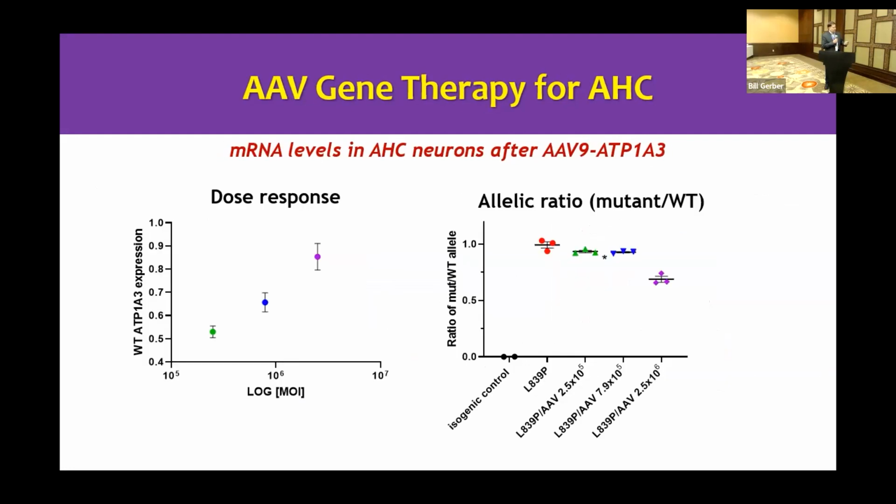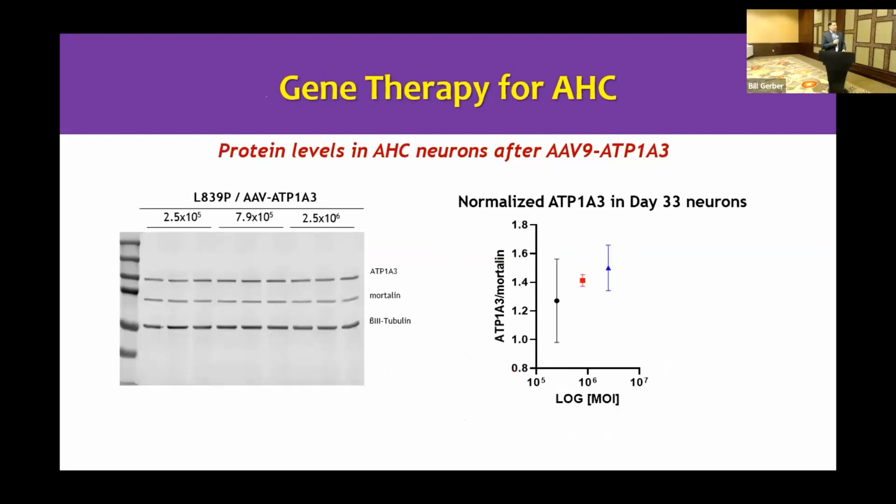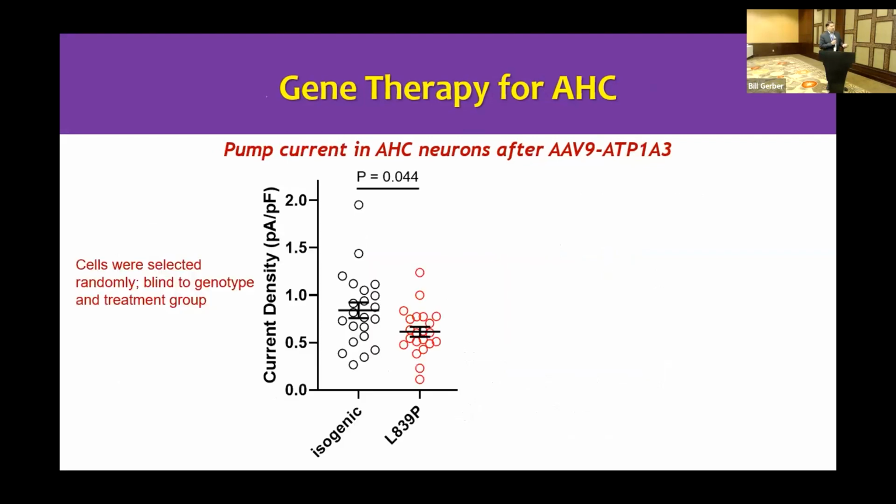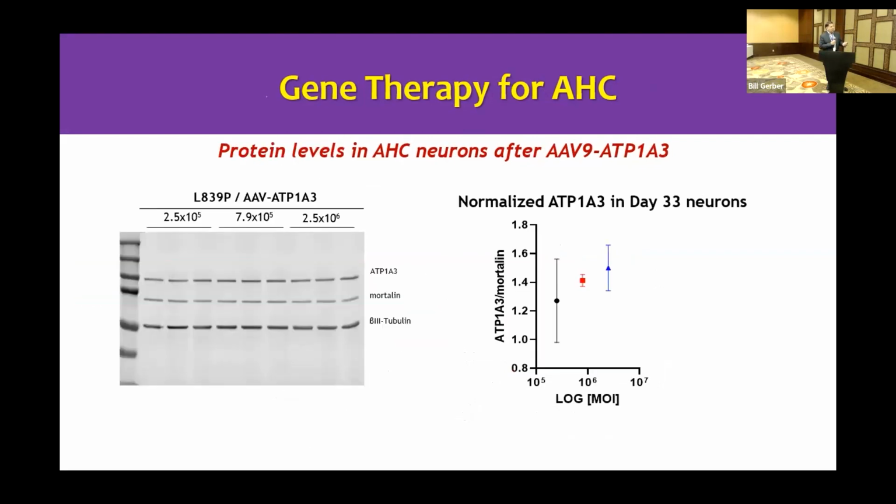There's a dose dependence. The more virus we put in, the higher it goes. If we just look at the ratio of the mutant allele to the wild type allele, we want to make that number go down. We want less mutant allele and more wild type. We can see, again, there's a dose dependent effect. At the highest concentrations, we see a reduced ratio. We look at the protein level. Unfortunately, we can't distinguish the mutant protein from the wild type. We can only look at the total amount, but it looks like the total amount does go up with higher